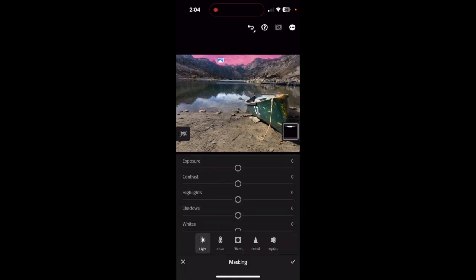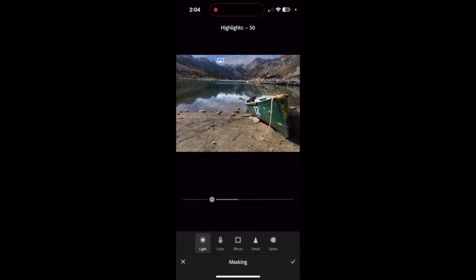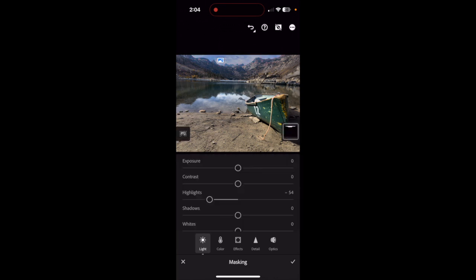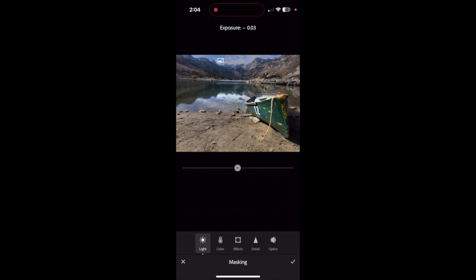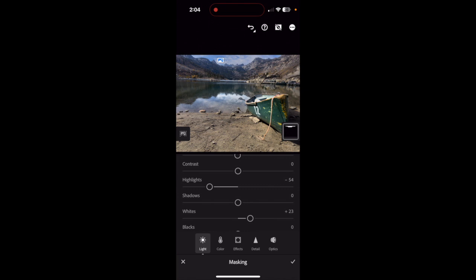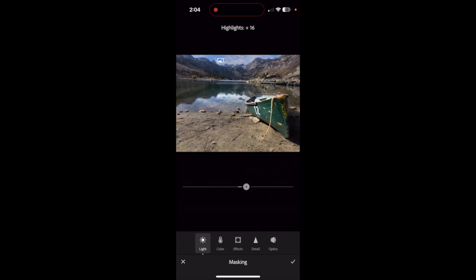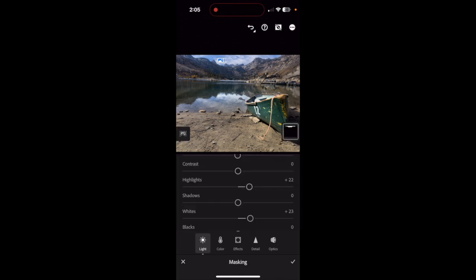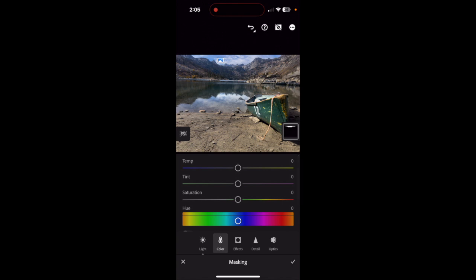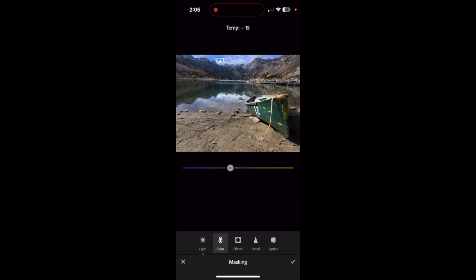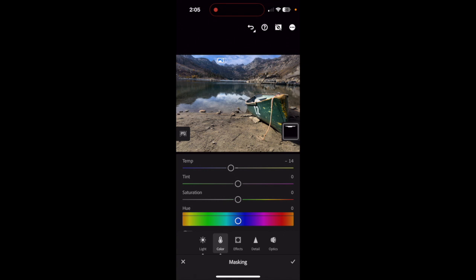So then if I go back into light and bring the highlights of that sky down, bring some of that blue back. Maybe bring down the exposure, doesn't look so good. But if I pull up the whites, I don't know. It doesn't look great. I might bring the highlights up. But then what if I went into color temperature, brought down the temperature, just made it a little bit more blue? Or if I go into color,